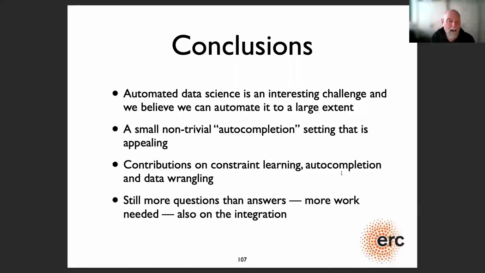Here and there you see things like subjective interestingness, and particular ways of finding features in data exploration. There is data wrangling that is getting more popular, and these transformations there. And then for our part, we've introduced a small but highly non-trivial auto-completion setting. It's targeting the naive end user, the spreadsheet user, and there are some original things in there like constraint learning and so on. So thank you.